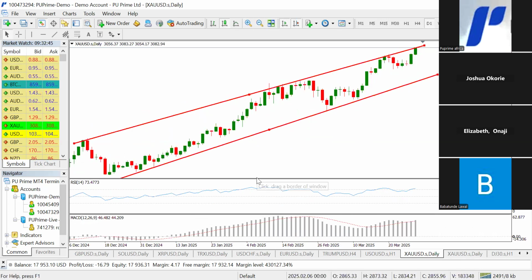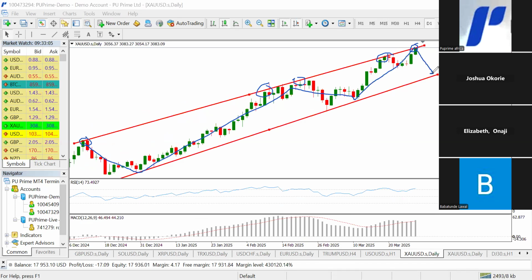We have a rising wedge. This is the higher high, higher high, higher high, and price is back to this level. And technically, for a rising wedge pattern, price makes a higher high, higher low, higher high, higher low. It's a higher high. The next should be a bearish wedge. Now, it doesn't necessarily mean it's going to touch because here you can see it made a higher high, it retraced and continued. And that even gives me a little insight.